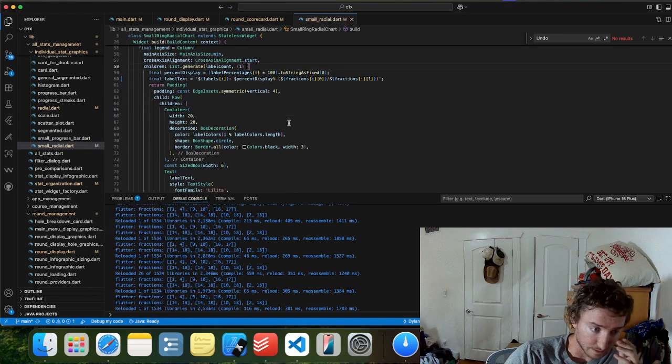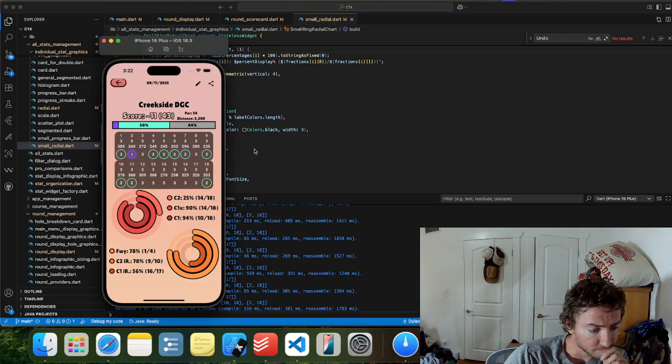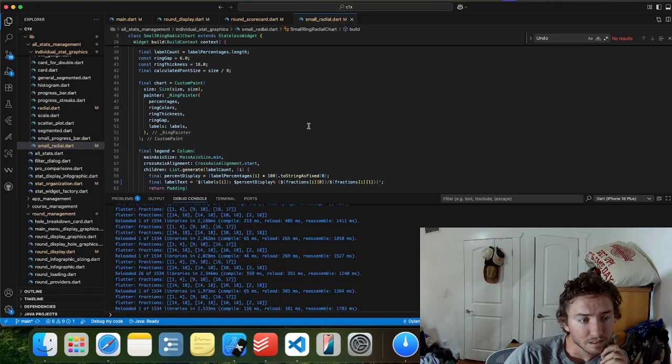I mean, it fits technically. I don't know where these numbers are. Oh, they're flipped. Why are they not passing the right fractions? Really?